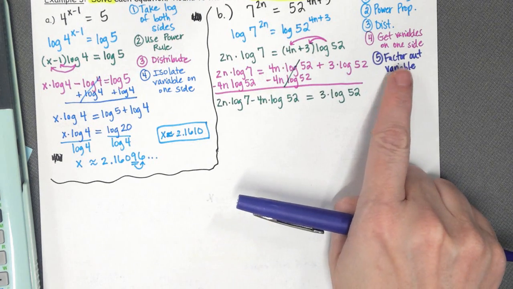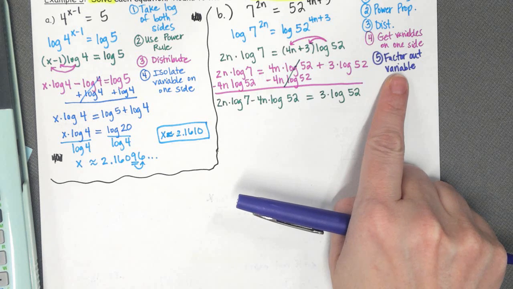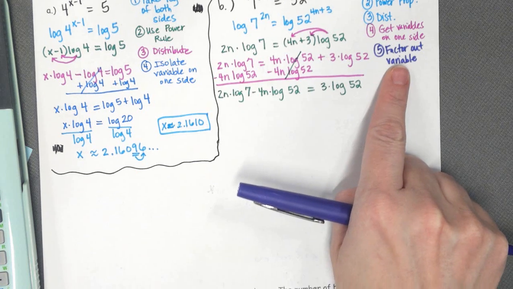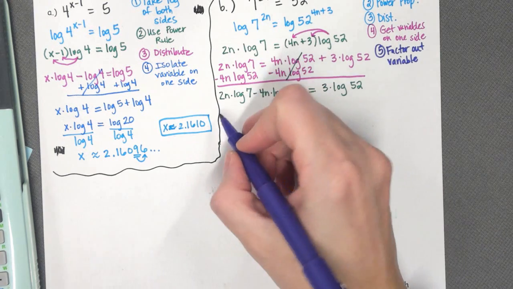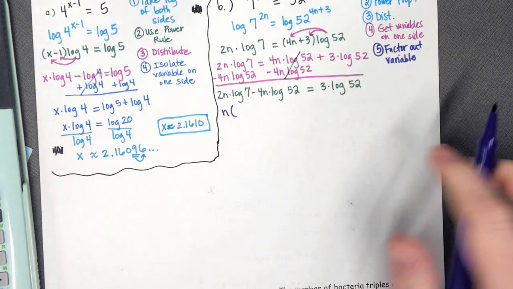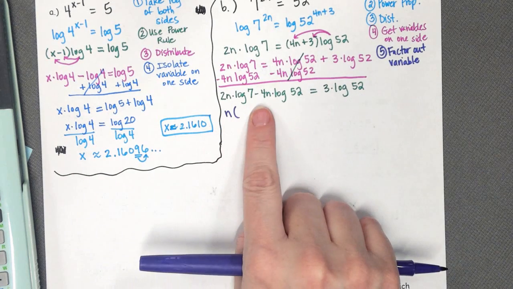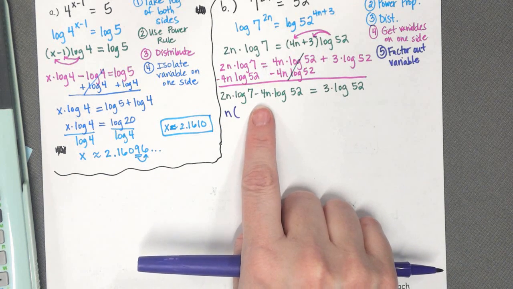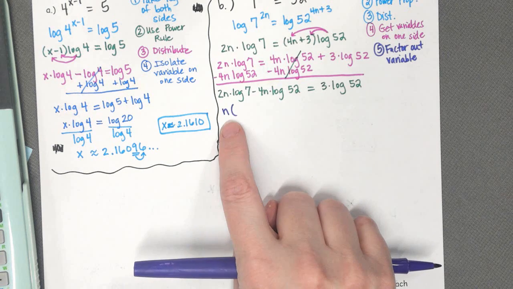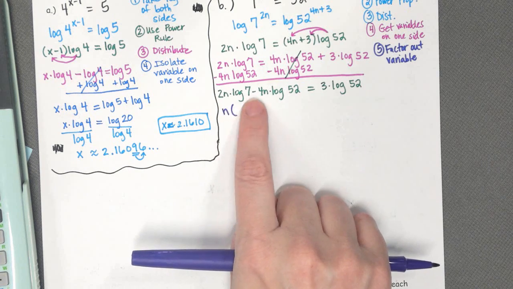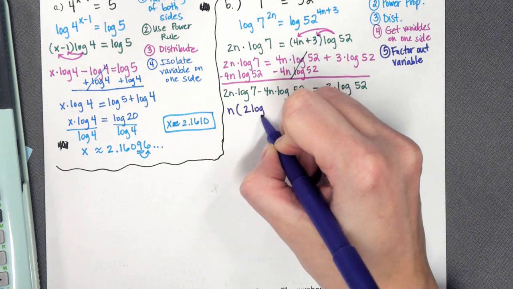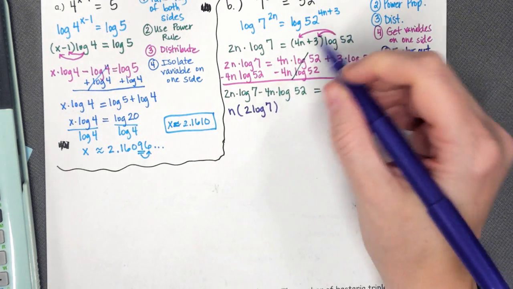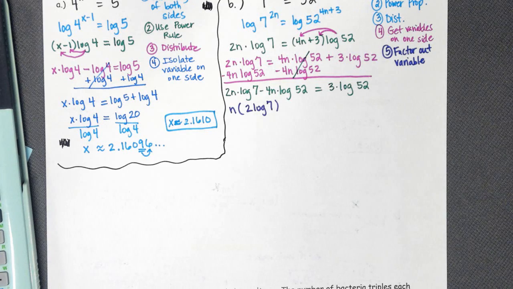So if you have two variables, this is what you have to do. Factor out the variable. What variable is in both of these? The n. And notice I didn't say that we factored out the GCF, because we're not going to factor out the 2. We don't need to do that. But if I factor out an n, if I divide n, then I have 2 times the log of 7. Don't put your parentheses there. And then minus